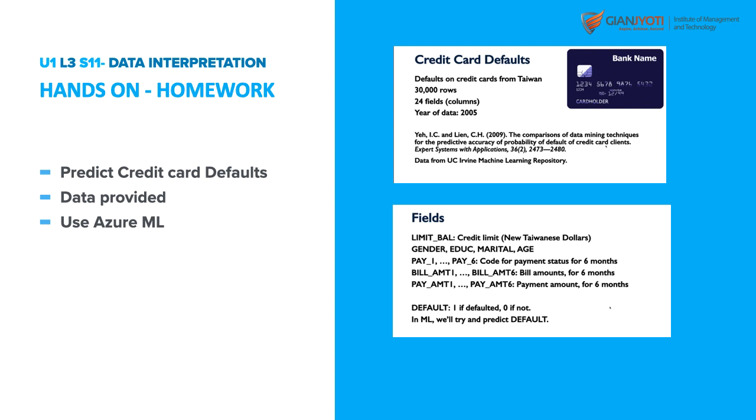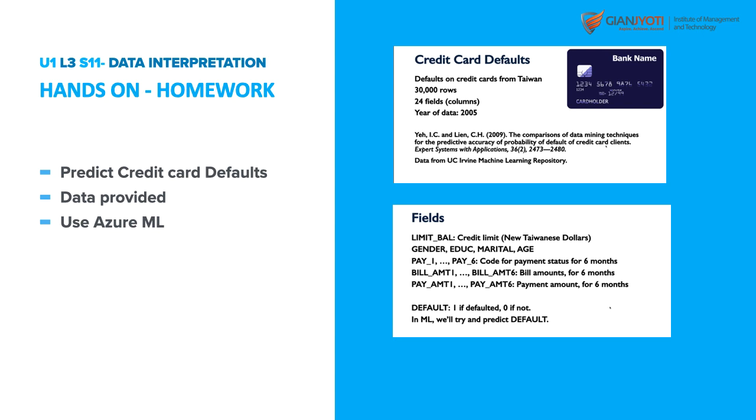to pay 6. These are the codes for payment status for 6 months. So what it is doing is, it is storing the payment status of the last 6 months. So pay one is for the first month, pay two is for the second month. So two things it is recording for each month. What was the payment which was to be made by the client for the credit card, and what payment amount has been received. So one is the bill amount and another is the payment amount for each month for the